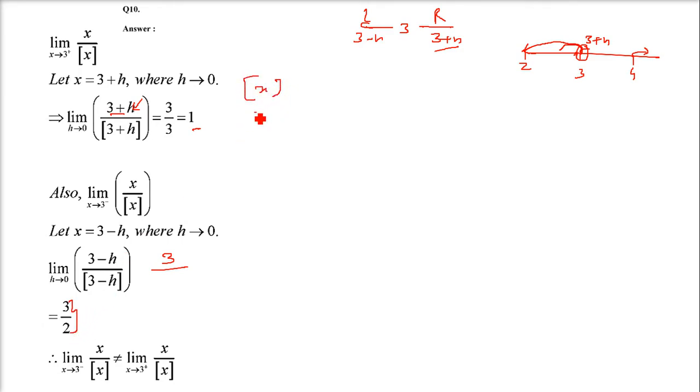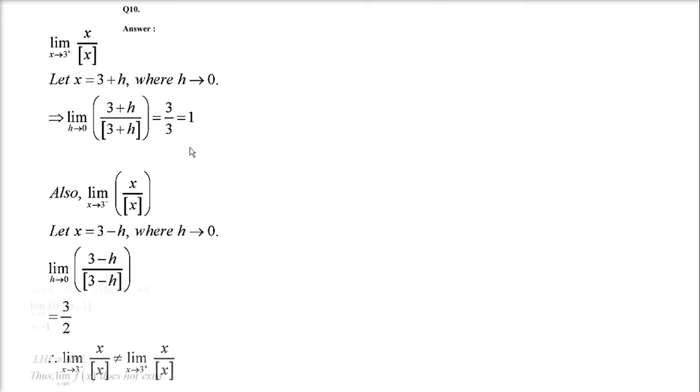You have to really know this function, otherwise there are so many questions here that it will be difficult to understand. So let me tell you again. Greatest integer function means whatever fraction value is in between, it will always take the lower integer value. So you have 1 and 3 by 2, so LHL and RHL are not equal.